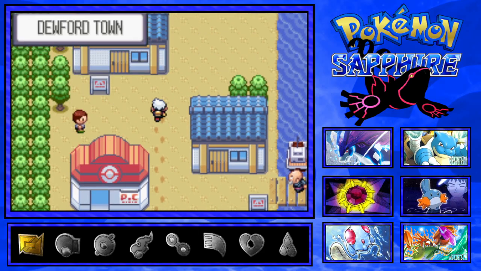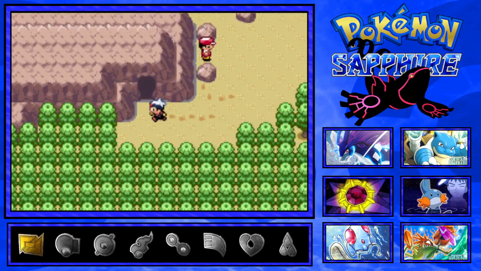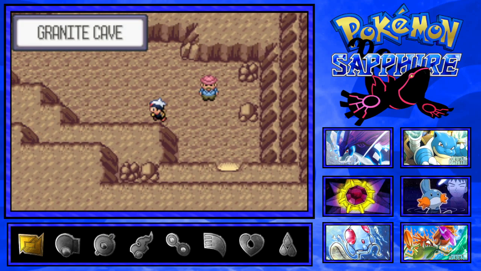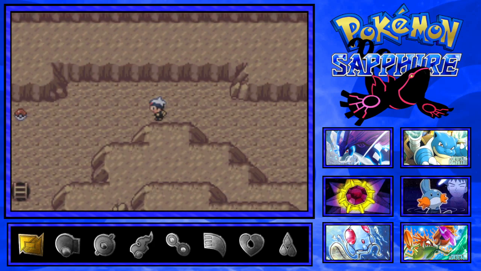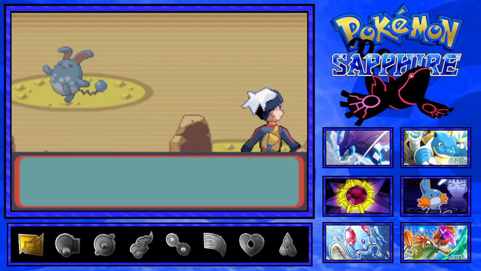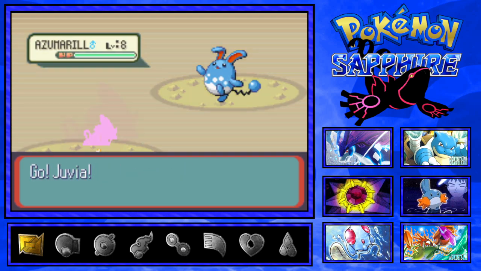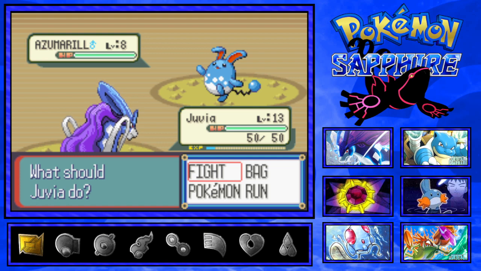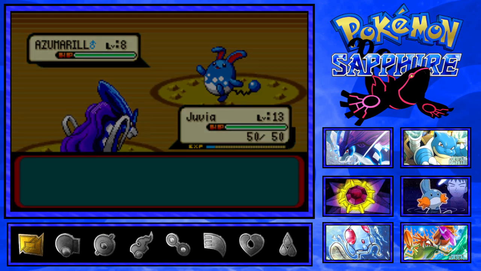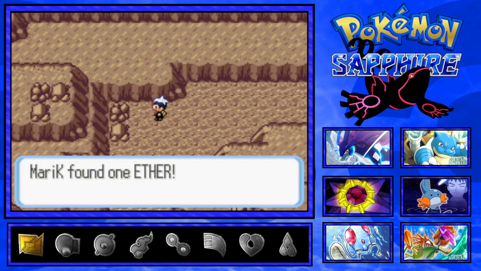Alright, so we've got to go through the cave and deliver the letter to Mr. Stone. We already battled that guy. Oh, a Zoom Lens. We could have had a Zoom Lens. I don't know that a Zoom Lens is really... I mean, granted, what made a Zoom Lens great was the fact that it got...